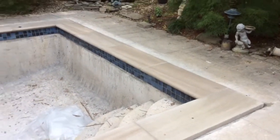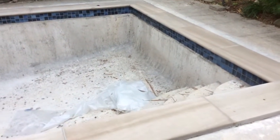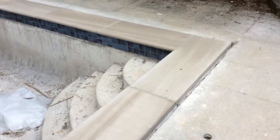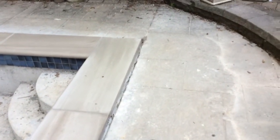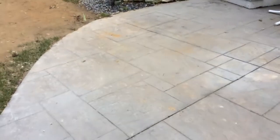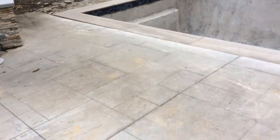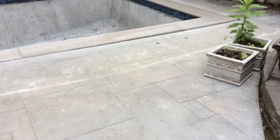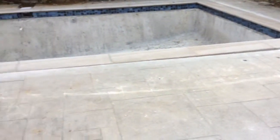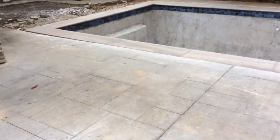So what happened is this: the pool is level. You have to have the coping level. So as that stays level, you can see the grade difference on the old patio is pitched away from the pool. So in other words, as I come around this side, a little bit of a messy area, and you'll see a video later on that place will be completely renovated. You can see we need to get the water pitched out of here, right? So the center point, which is the high point, water pitches this way, and you can see water goes out the bed that way. Same thing conversely on the other side, pitches out,